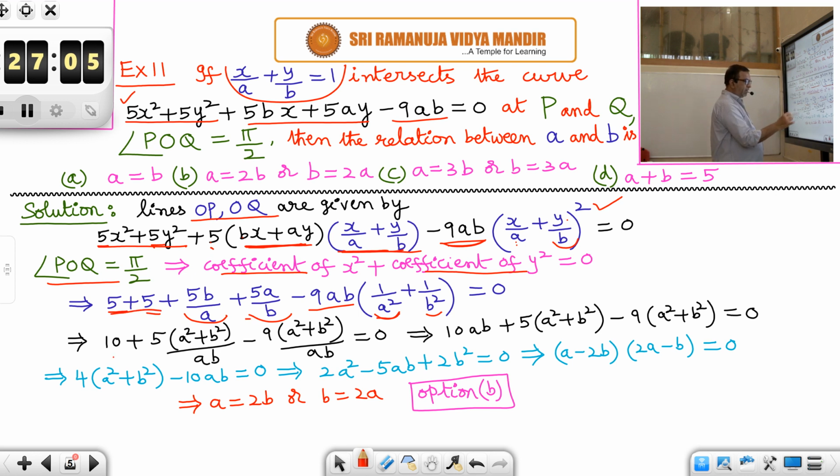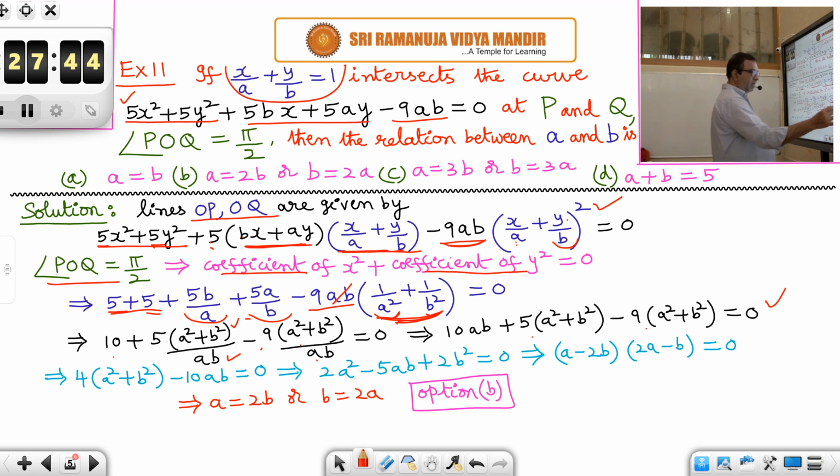Here in these two terms 5 common, in the bracket you get a by b plus b by a, which is nothing but (a square plus b square) by ab. Here in the bracket you get (a square plus b square) by a square b square, but in the denominator a square b square, one ab gets cancelled. With this you will get only ab in the denominator. So minus 9 into (a square plus b square) by ab is equal to 0. Multiply by ab. 10ab plus 5 into (a square plus b square) minus 9 into (a square plus b square) is equal to 0. So you will get